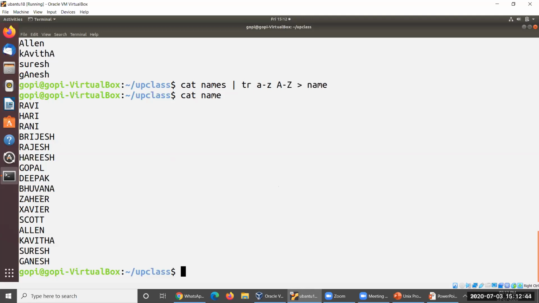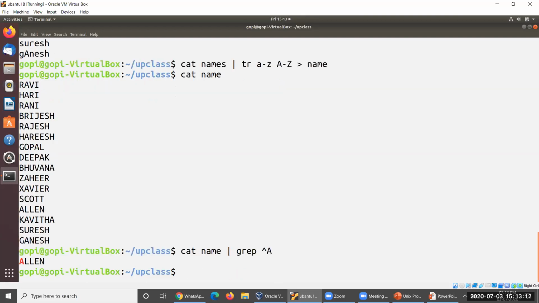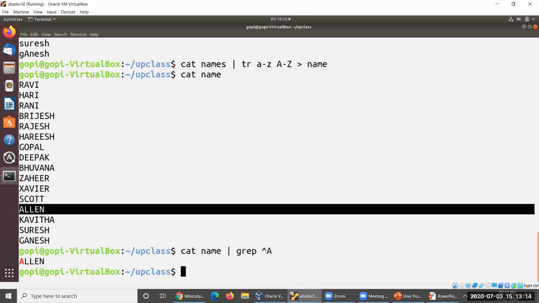And here you'd like to display some data which starts with only A. I'd like to display the data which starts with only A. For that you have to use cat NAME. Only A could be there with you. The starting letter is A. Then how could you display this? Send everything to grep followed by the starting cap. So what is the starting letter? A. Okay. Only one particular thing is there with us, that is Alan.